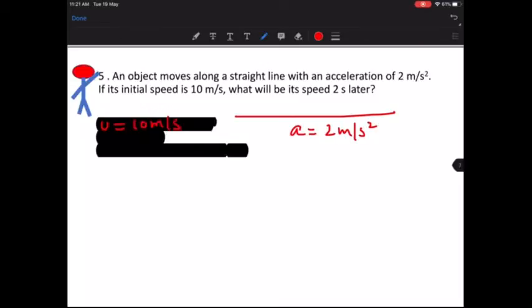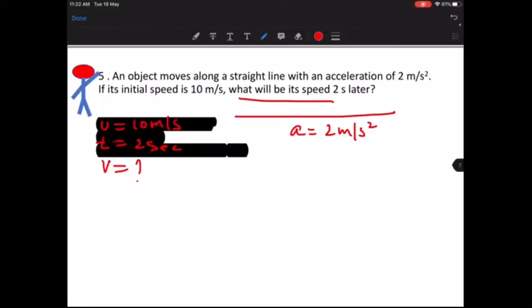What will be its speed 2 seconds later? So what is given? Time is equal to 2 seconds is given. Correct? So he is asking you speed. That means he is asking you your final velocity. So again, it's a very, very basic question. You know the formula. You know A, you know U, you also have time. Which formula will you use to solve this? I want an answer from all of you. All of you should be giving me an answer for this question.